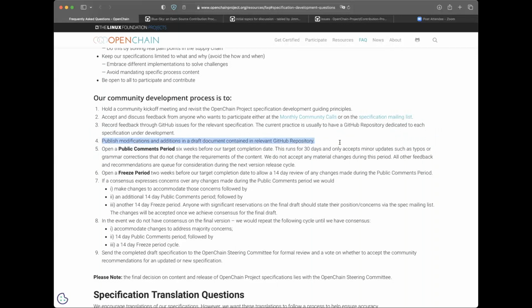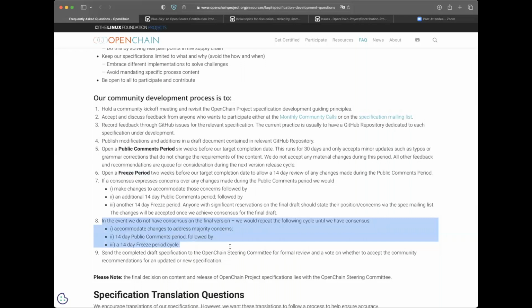In the initial, we expect ideas. In public comments, we expect minor notes. Freeze period, we double check that we don't have typos or other weird problems. And then we look for consensus. If consensus cannot be found, we do another public comment and another freeze period, and we reiterate until eventually we